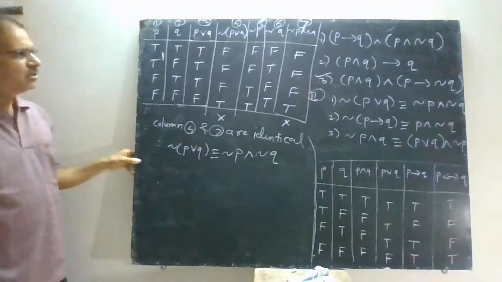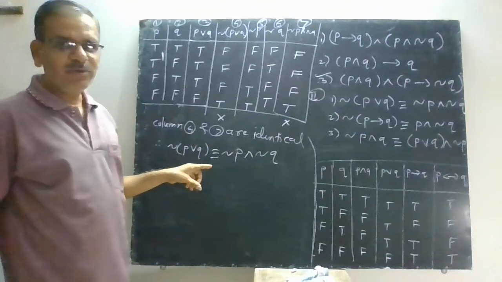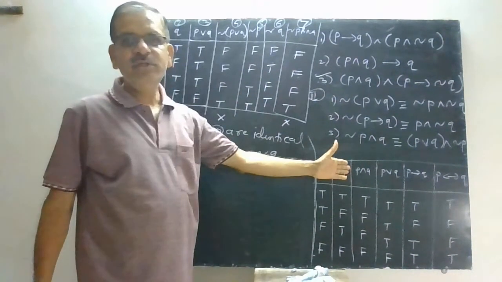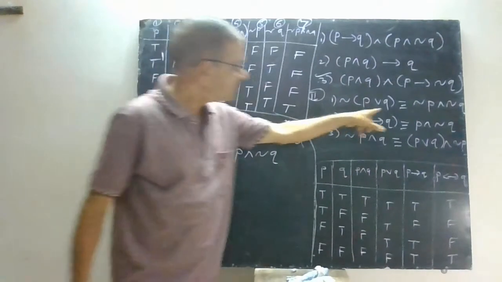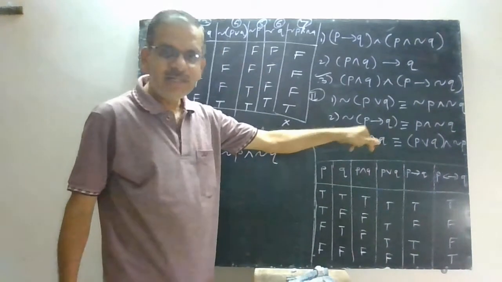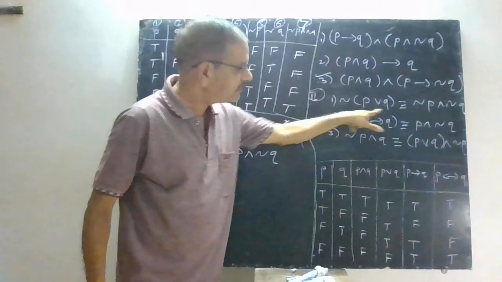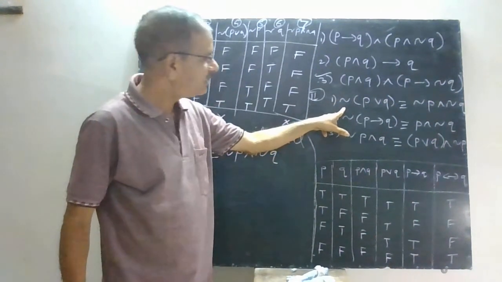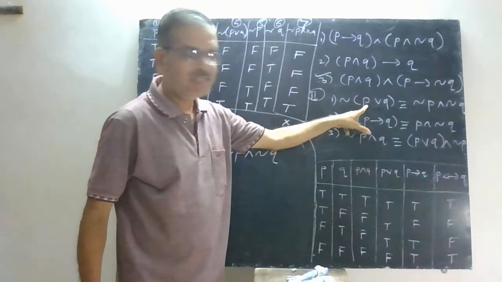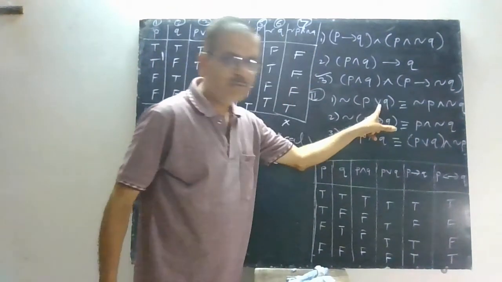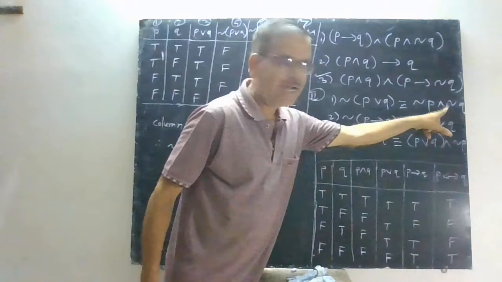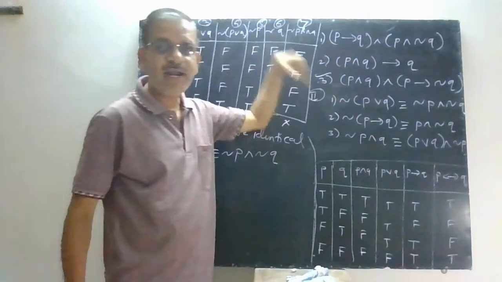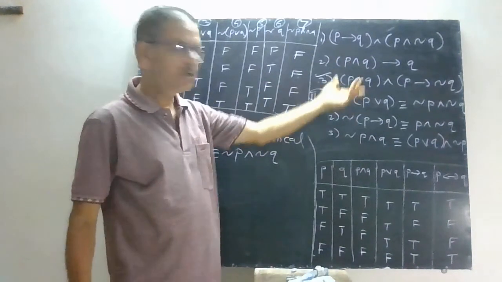So you will observe one more thing, that if you know how to prepare a table, the logical equivalence you can prove easily. This is disjunction and its negation. How do you find its negation? You have to make negation of the first statement, then change this OR to AND, and negation of the second statement. You have to remember this one, because this is useful for writing negations of statements later on.